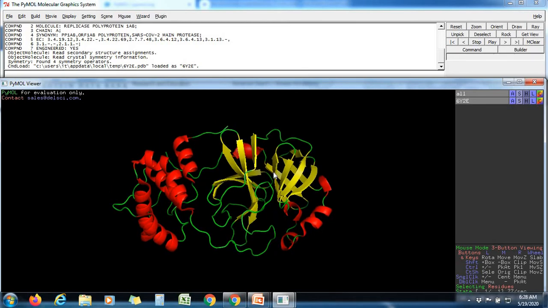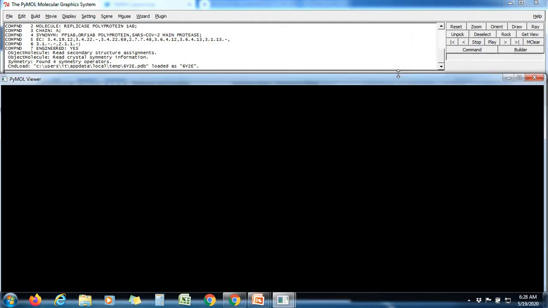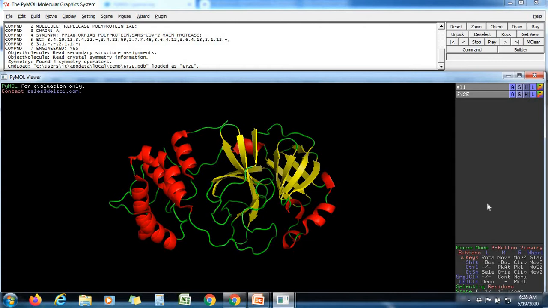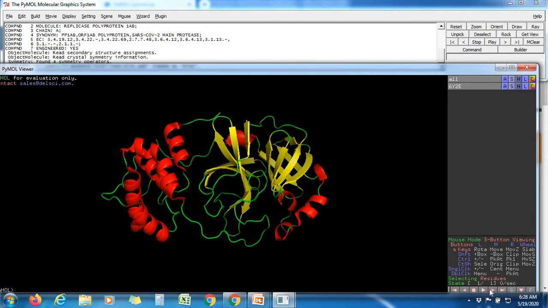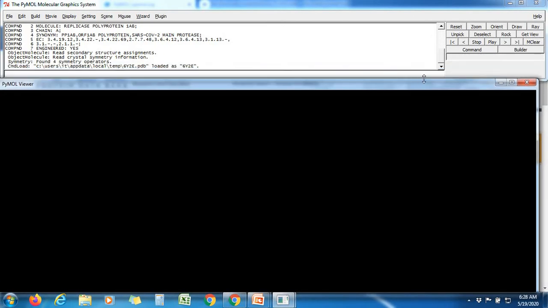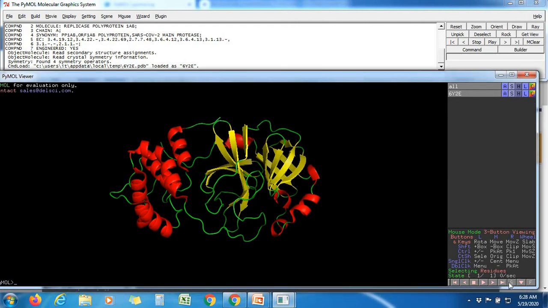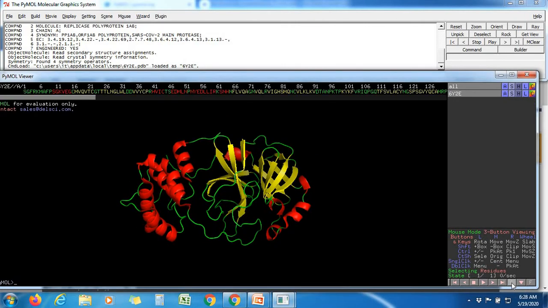And now if you want to see the sequence of the protein, then you come to the bottom over here, you can see the S over here. S stands for sequence. So if you click on the S, it will show up the sequence.